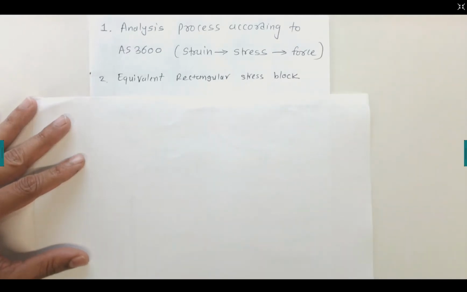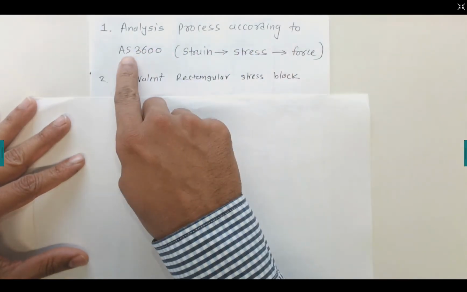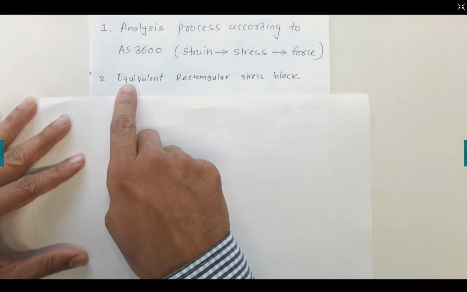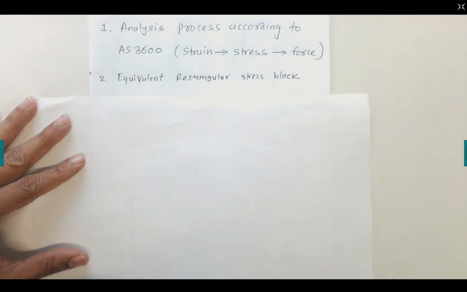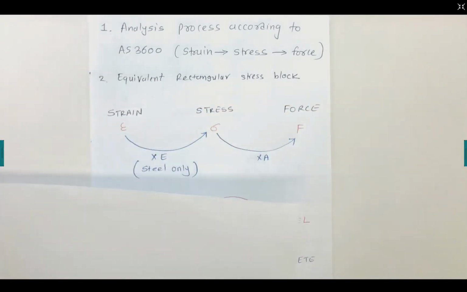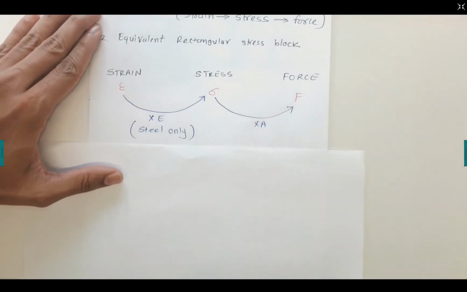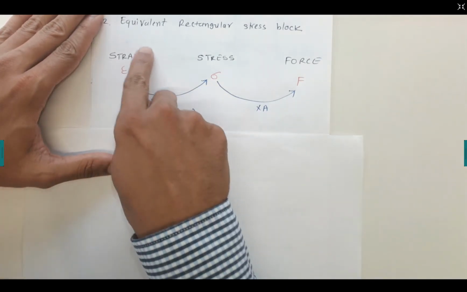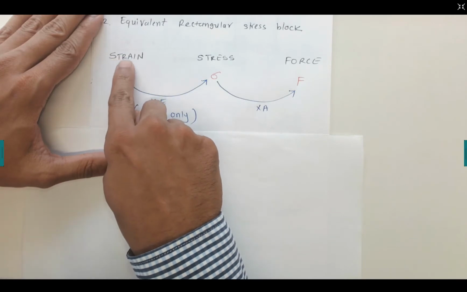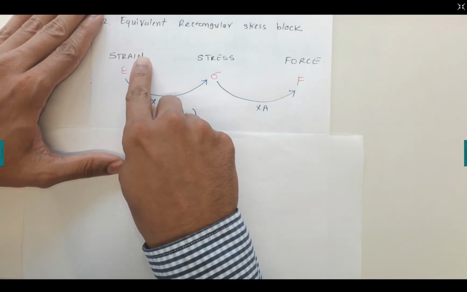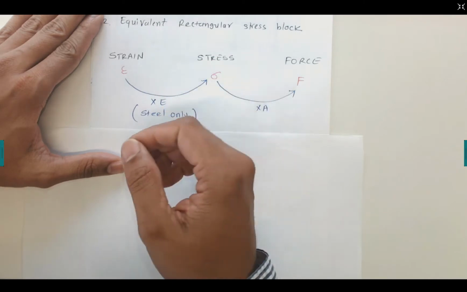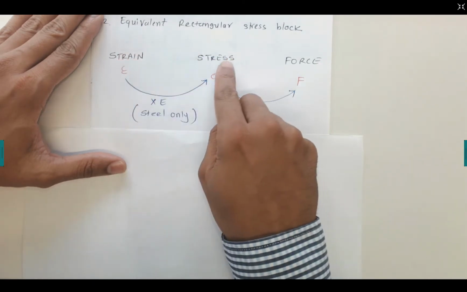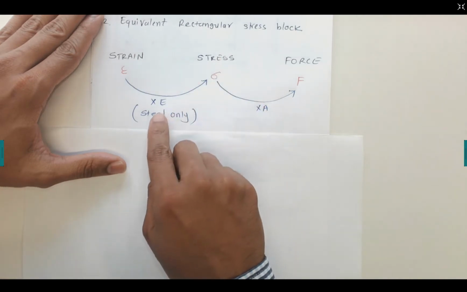This video explains the analysis procedure according to AS3600, that is strain, stress and force calculations and equivalent rectangular stress block theory. Now, first of all, for AS3600 concrete design, the Australian standard AS3600 gives us the strain value for both steel and concrete, and based on the given strain value we can calculate the stress for the steel and